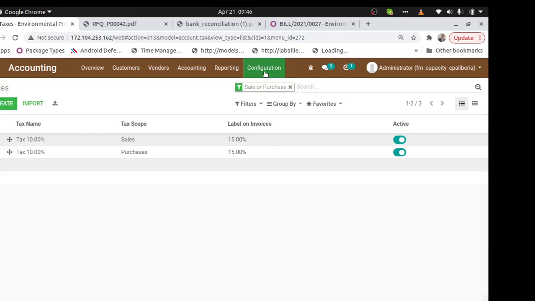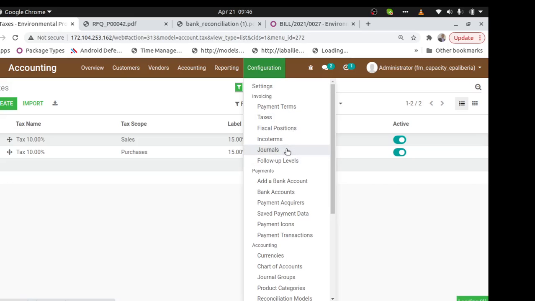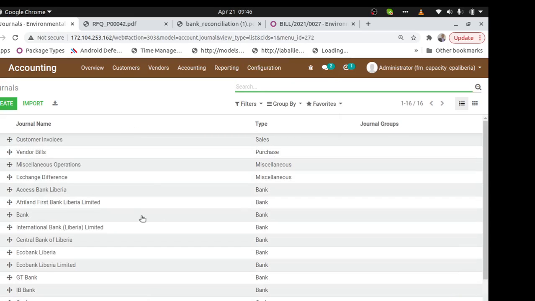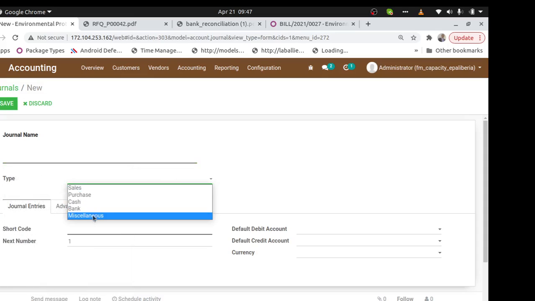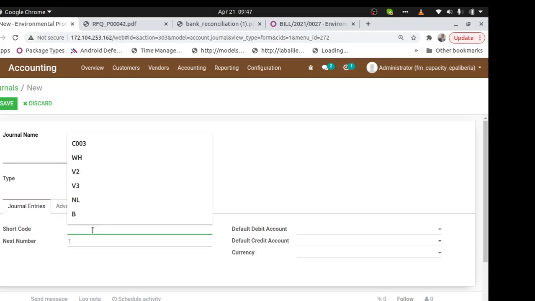And then the other thing in the configurations is journals, which are the cash books, like the bank accounts. You can create them from here by just clicking create. You see the bank account, the bank name from there, the type of bank. If it's a bank account, select bank. If it is cash, select cash. Maybe you are paying through mobile money, you can select cash and name that cash. And then the code, this code is the one that will appear in transactions, so you can easily differentiate the different transactions that have been posted to different cash books or journals. And then the default accounts that will be for this particular cash book or journal.